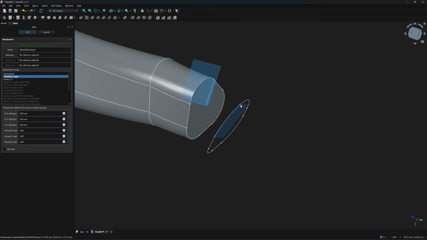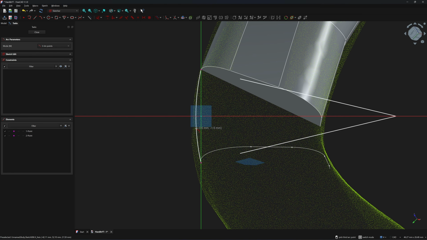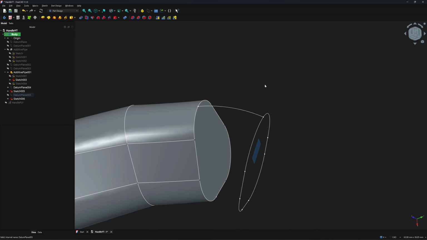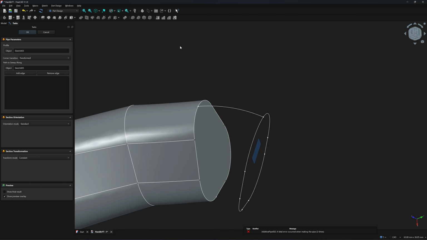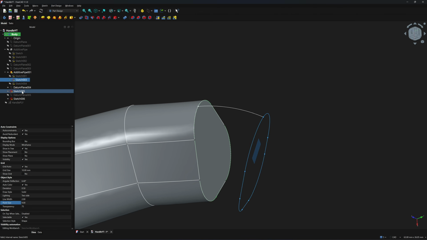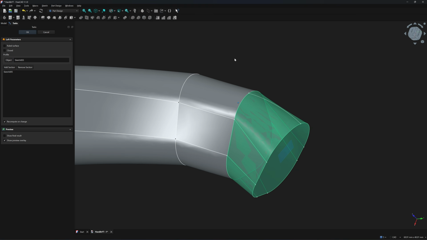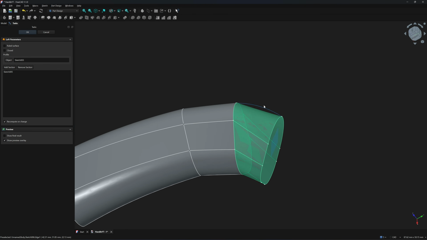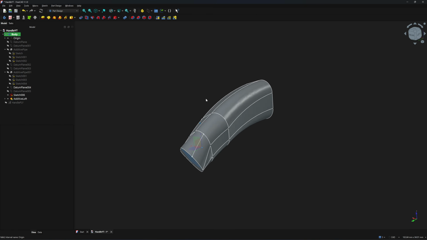Next, I will create a rail sketch the same way I did before. Next, I execute the additive pipe command, though this time it pops up with an error. The additive pipe fails if the profile shape varies too drastically along the path. When I use the loft command, it runs smoothly without error, but without a guide rail, the result looks segmented